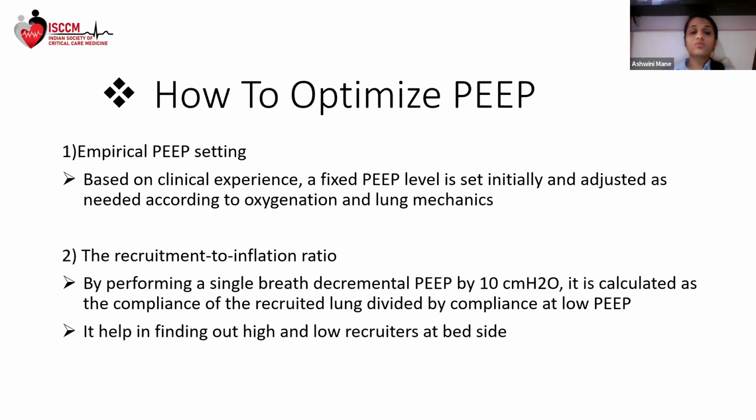The next is we can find out the recruitment to inflation ratio. It is performed by a single breath decremental PEEP by 10 centimeters of water. Now what is the meaning of it? First we'll increase the PEEP to 15, and then we'll calculate the compliance of our recruited lung. And then we'll reduce the PEEP by 10, that means we'll fix it to 5, and then again we'll calculate the compliance at this low PEEP. By calculating the ratio of it, we'll come to know who are the high recruiters and who are the low